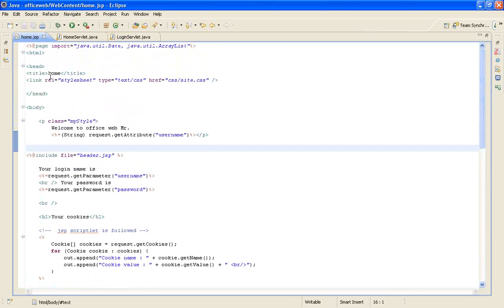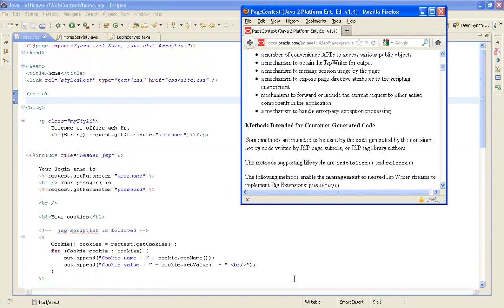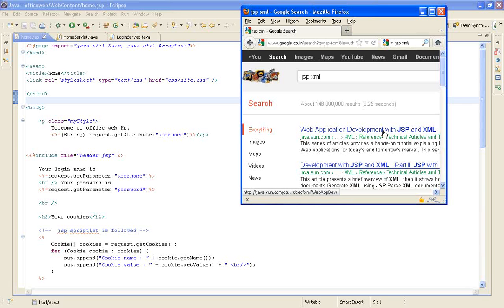The other thing you need to learn about JSP is that there is another thing called JSP in XML format. You don't need to worry about it now. You can write the same HTML in an XML format.